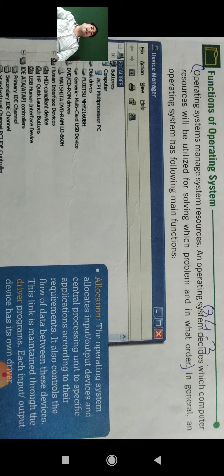In general, an operating system has the following main functions. You can see them over the screen. Device manager is there. You can open it on your computer also. We will see the functions in our next video.